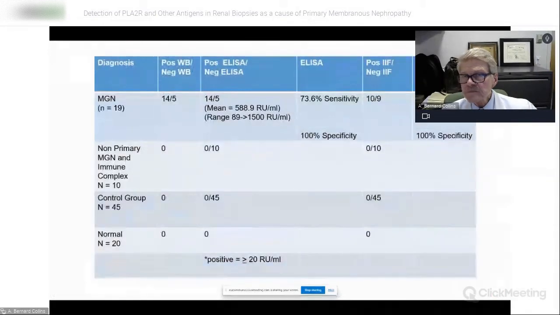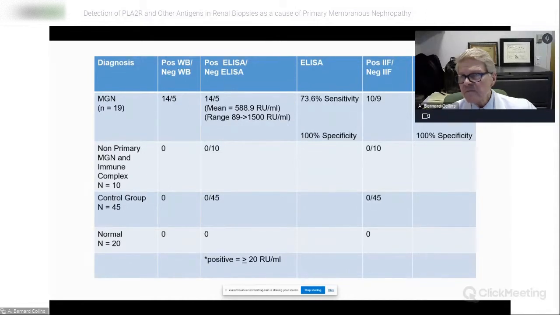Our results of that validation study showed very good sensitivity and specificity for the positive cases that we had determined by Western blot, and we also ran some negative cases. And it showed no reactivity with the control groups. One control group being other patients with immune complex disease, not membranous, and just other normal controls